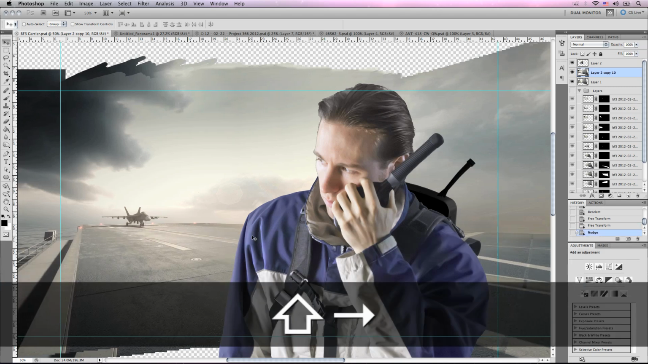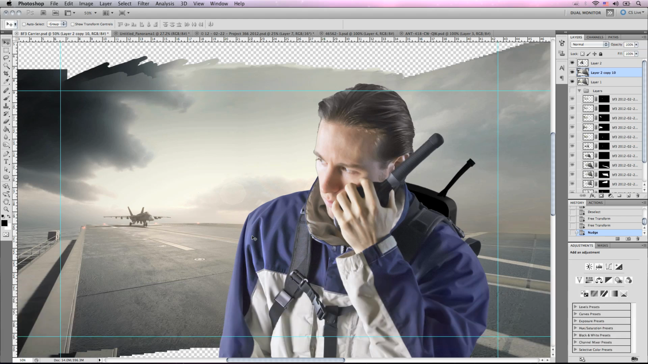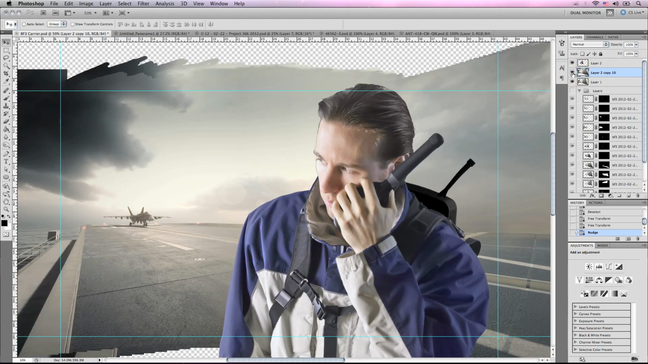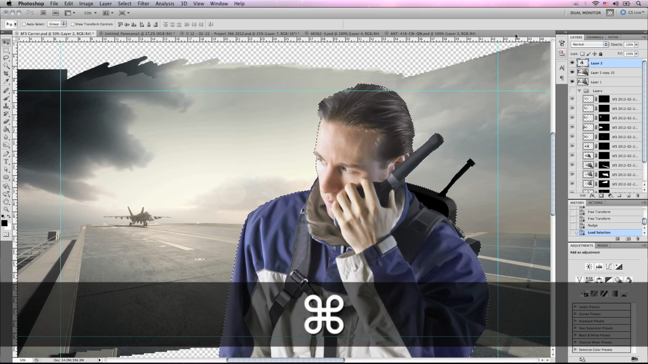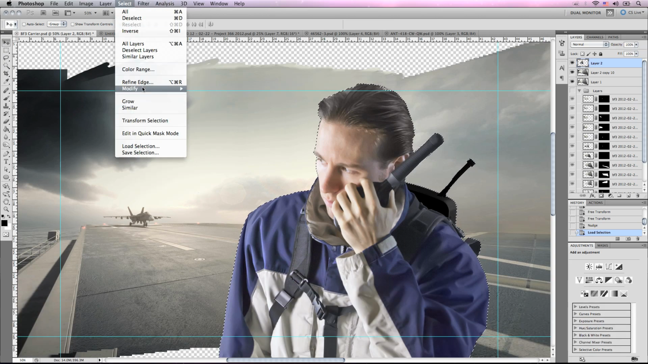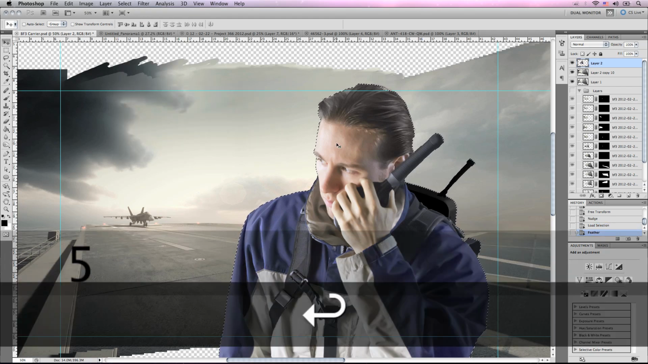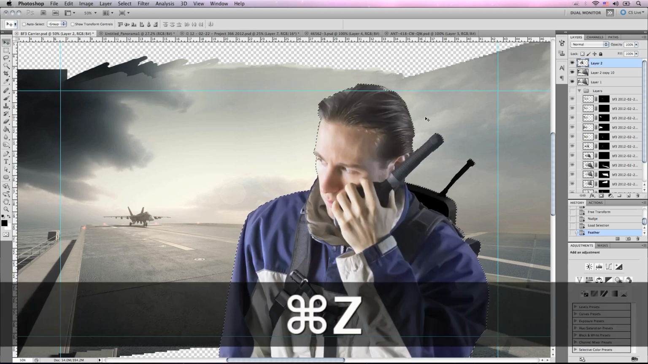Move the layer over just a bit. Position it a little bit nicer. And here you can see the difference between the two. So the perspective looks a lot better. Now I'm going to command select my body out of layer 2, and we're going to go to select, modify, feather, and we're going to feather it just a couple pixels so that my body blends in a little bit better. So I'm using 5,